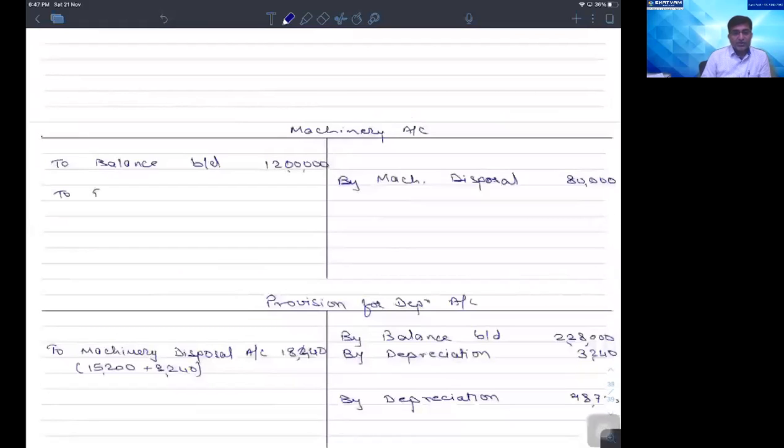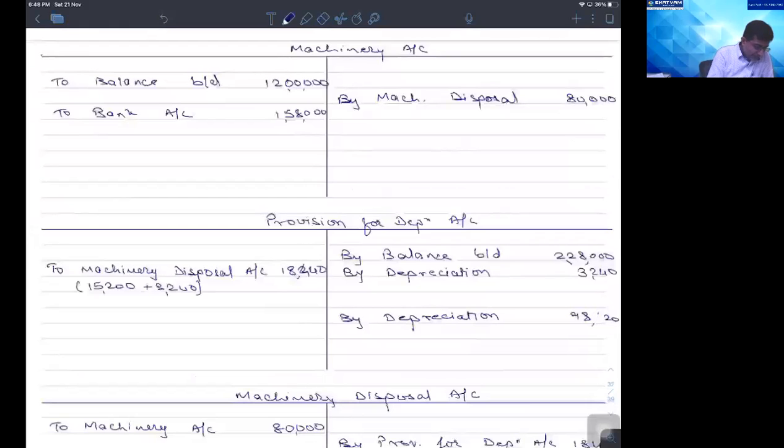So I can close the two accounts now. 98,620 है. Is it right? अनुष्का ने बोला 98,720, मैंने वो लिख दिया. So by balance carried down as 12,78,000 in the asset account, closing balance, and to balance carried down